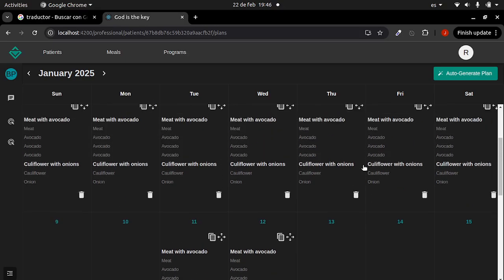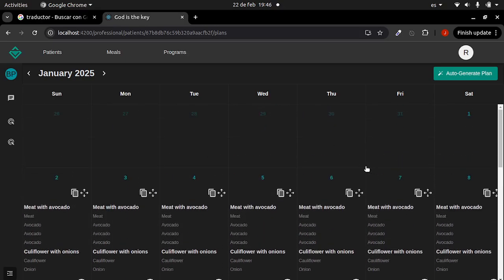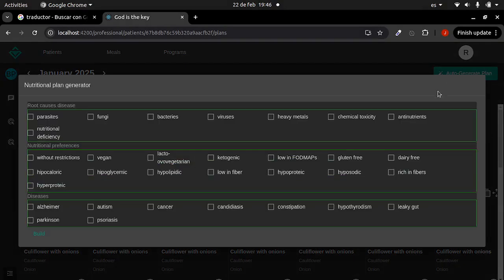What's up, guys? Now in this video I want to show my advances about this feature that is basically to create one nutritional plan according to different parameters, such as what is the root cause of the disease. That can be parasites, fungi, bacteria, viruses, heavy metals. The nutritional preferences